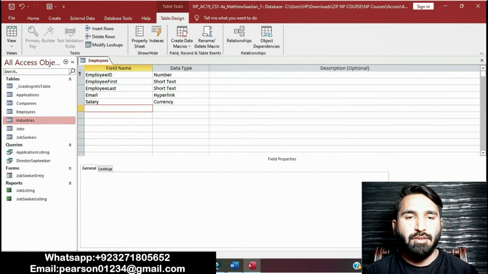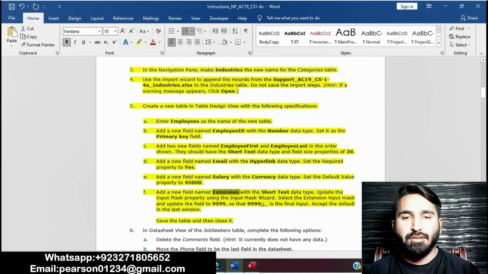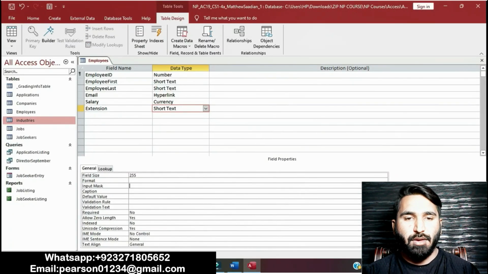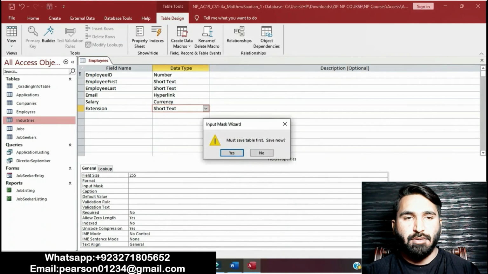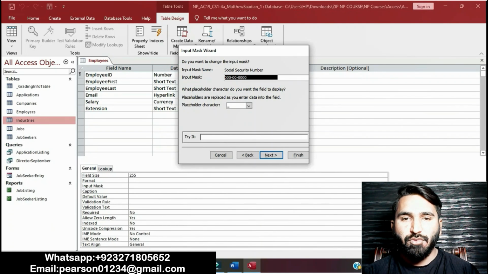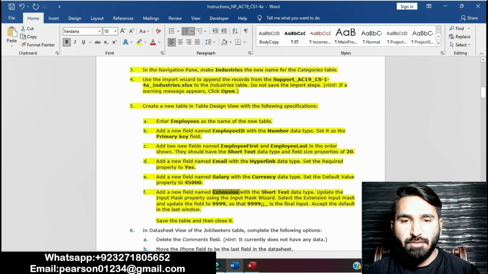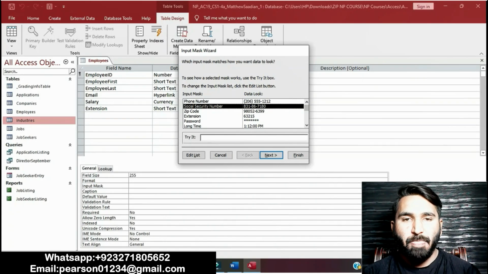Add a field, extension, and the data type is short text. Then for the input mask, there are social security number, zip code, phone number, and extension. Short text data type, then the input mask slash extension, the input mask field 1999.